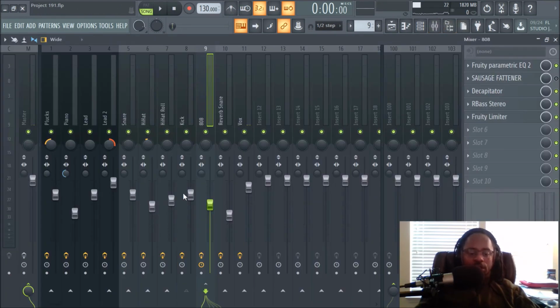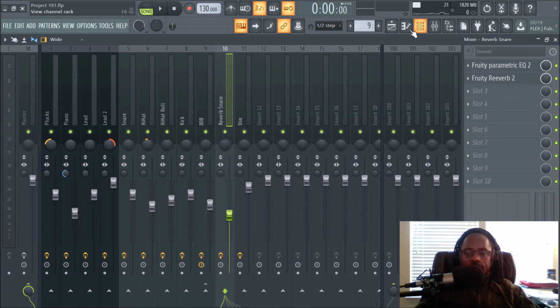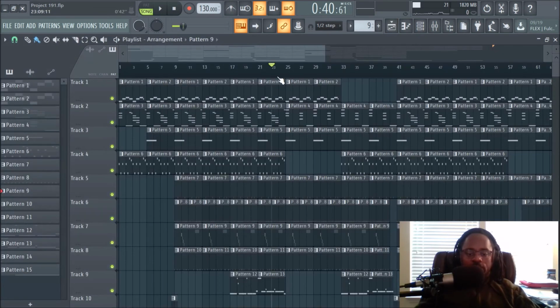Mixing wise, you notice you got my levels here. I didn't do too much panning because a lot of these sounds had panning built into them and a lot of movement. And I did some cool things with the hi-hats I already showed you. And the reverb snare I actually didn't show you. So I put that on every other at the end of the bars. Actually not sure where it is. I think it's built into,